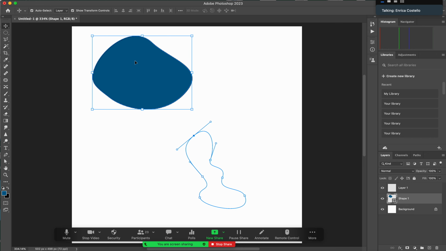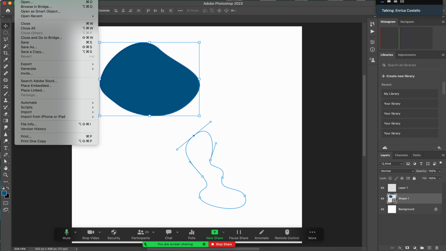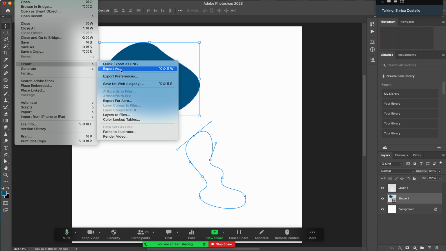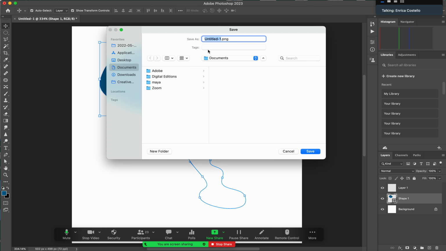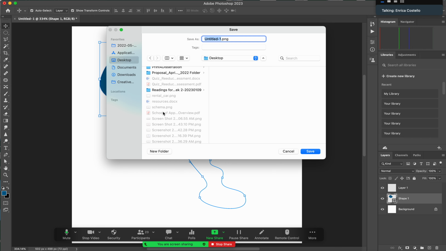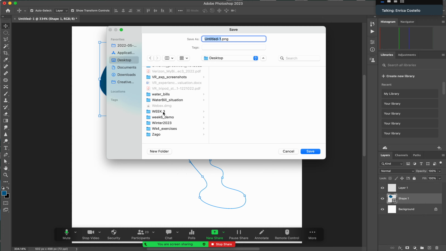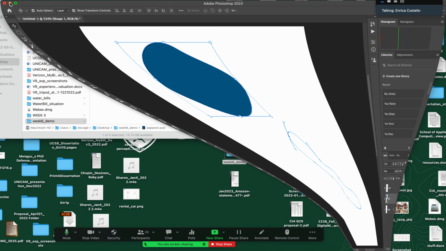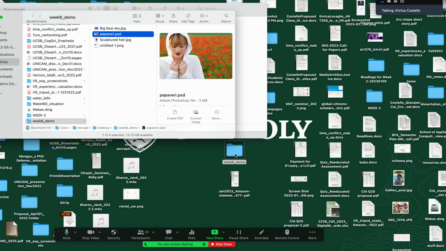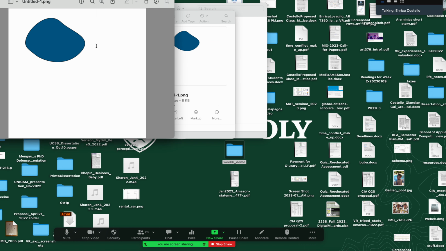But if I go and output this, if I say file, export as a JPEG, for example, or as a PNG, and let me put it in that same folder called week 6 files. I created a week 6 demo. So I made a PNG in there, but when I go and look at that PNG right here, there's nothing down here, right? What it means is it's really not